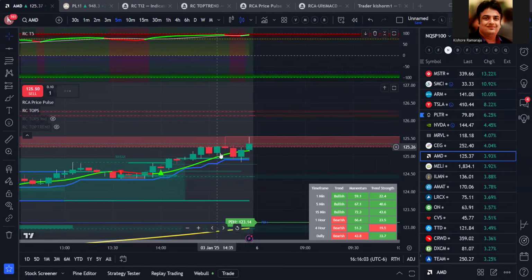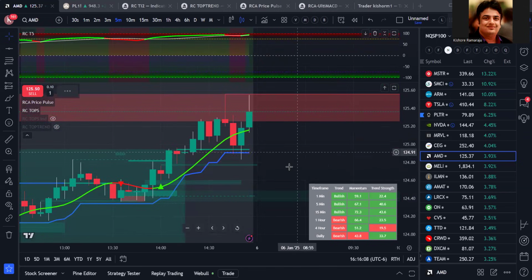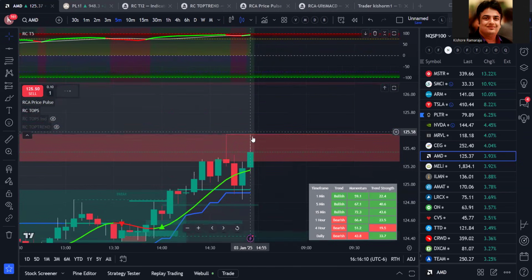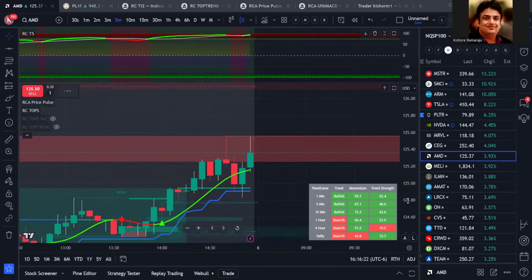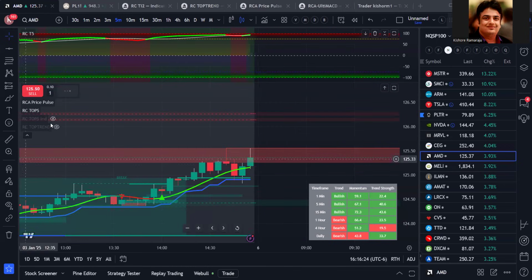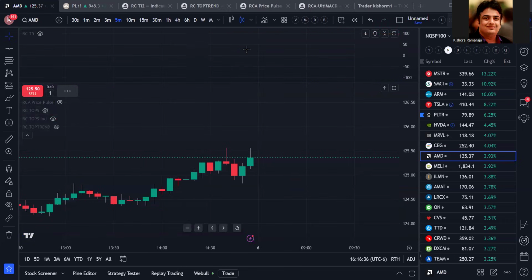And now you can also have price pulse, and you can let the trade run until you see a sell order. You can let it take it. You can use the strategy for the entries, and you can exit if you want. That is also one more option. So yeah, that is about price pulse, T5, top trend, top strategy, and then we have